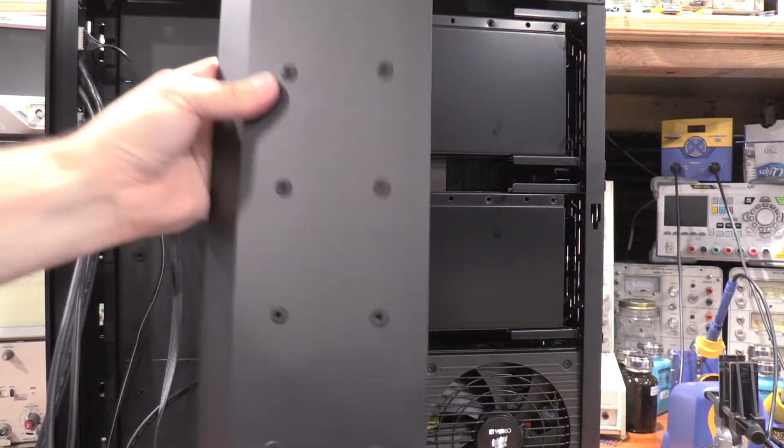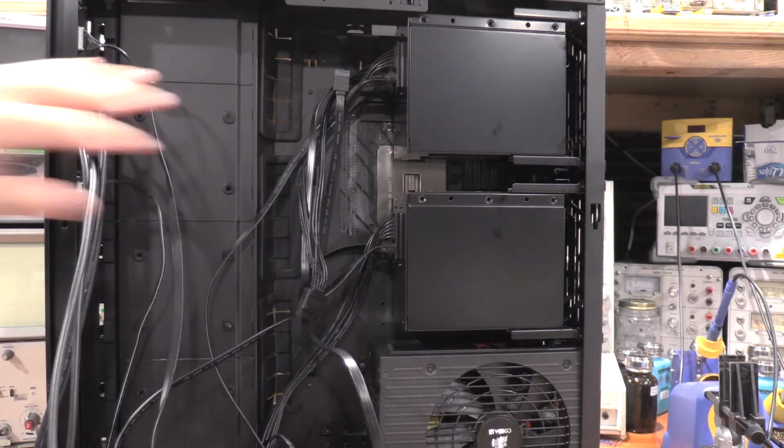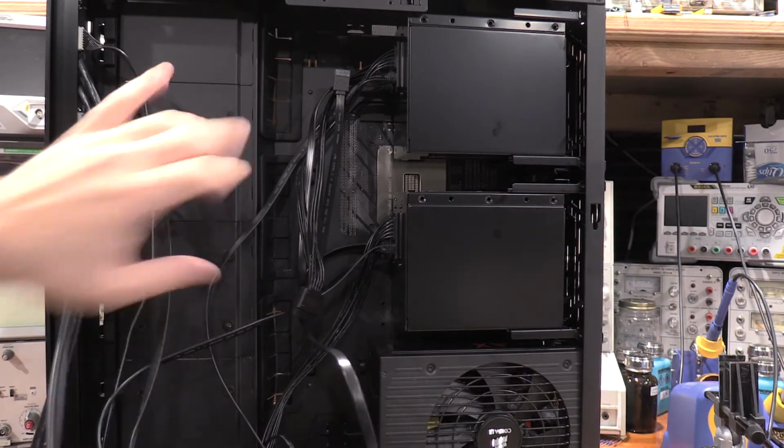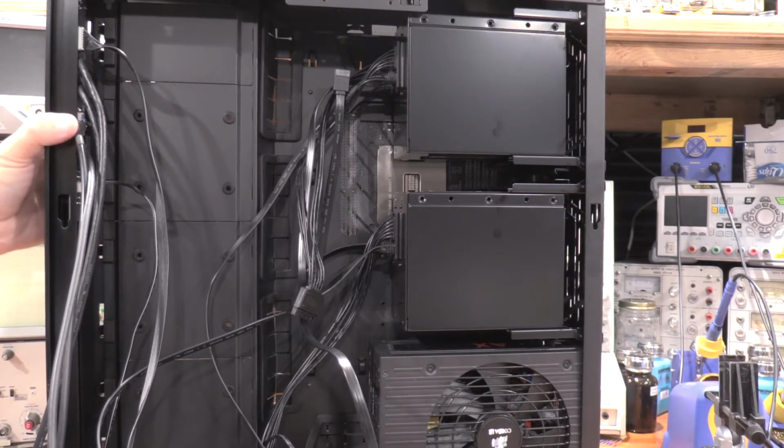I think those are SSDs. They're sized possibly for SSDs. I'll have to see. These are probably for fans and radiators, because you could put that's solid. That wouldn't be a rad. So that's probably more SSD drive mounting. So looks like you can put lots of hard drives in here, but